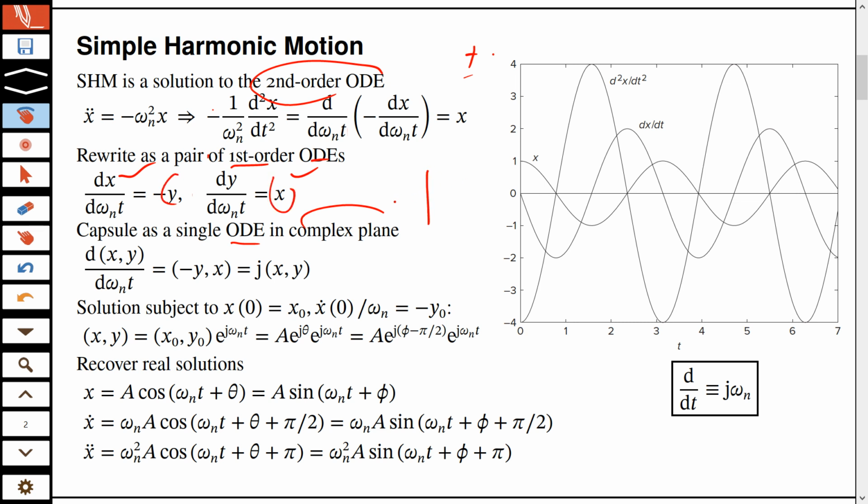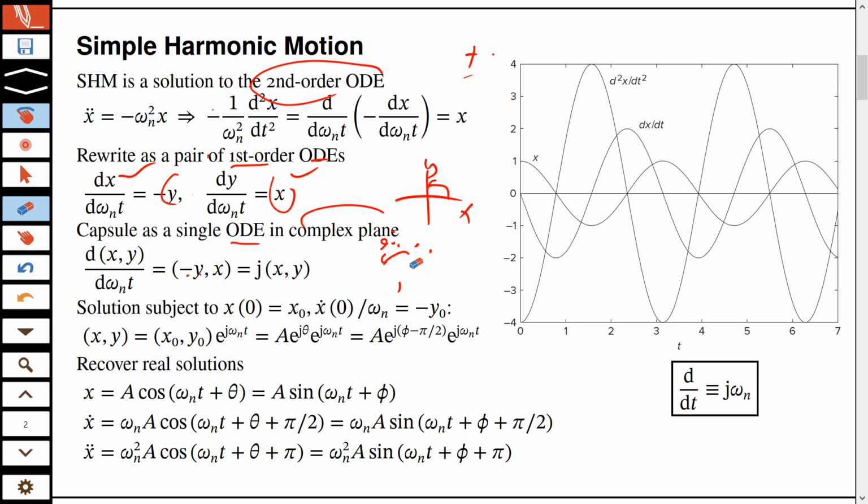ये x और y को अगर मैं complex plane में देख लूं, so I have a single differential equation, and the cool thing about this is the derivative is the same as if you are rotating it by 90 degrees. आप x y से start करें किसी भी जगह पे, तो ये देखें ना x y को अगर minus y x से compare करें तो basically it's a rotation of 90 degree counterclockwise, and that is what we can represent